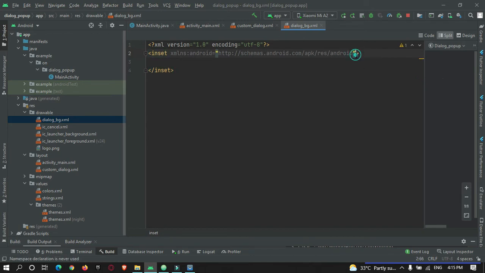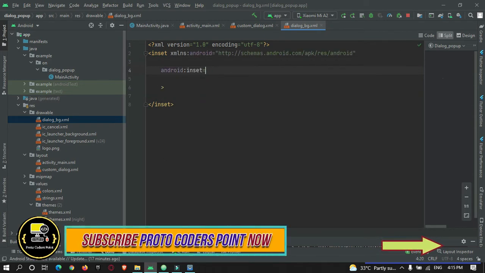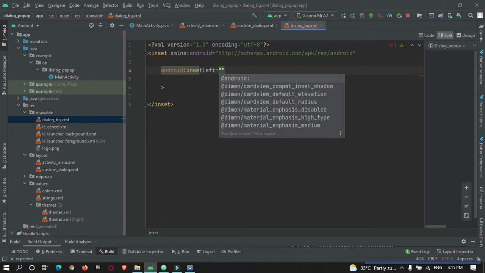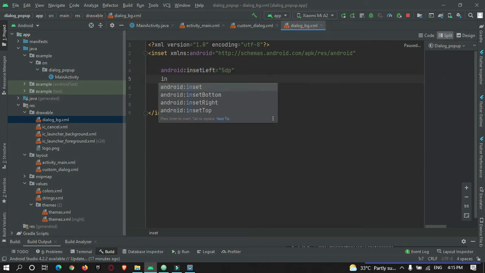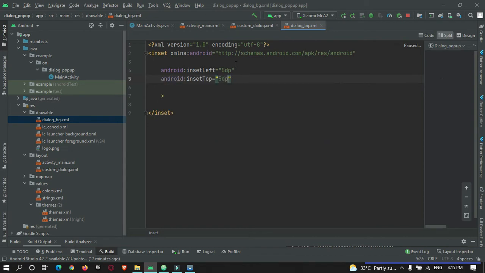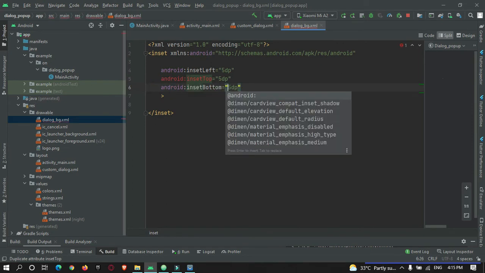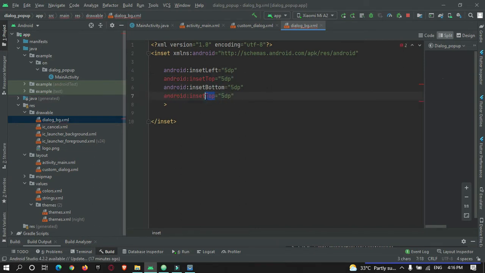Okay, and over here let's give the inset left as 5 dp, inset top 5 dp, okay, like this for bottom and right side, 5 dp.